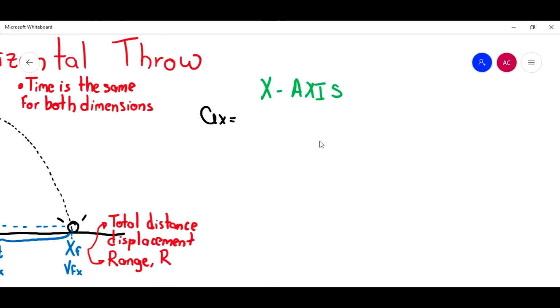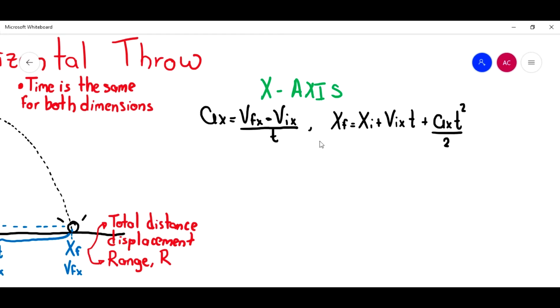Acceleration in x equals final velocity in x minus initial velocity in x over time. That is the first equation, and the other equation will be final position equals initial position. Oh, sorry, we are talking about x. Final position equals initial position plus the initial velocity in x that multiplies the time plus the acceleration in x that multiplies the time square over